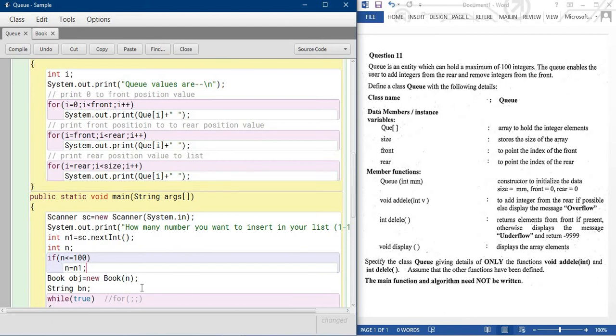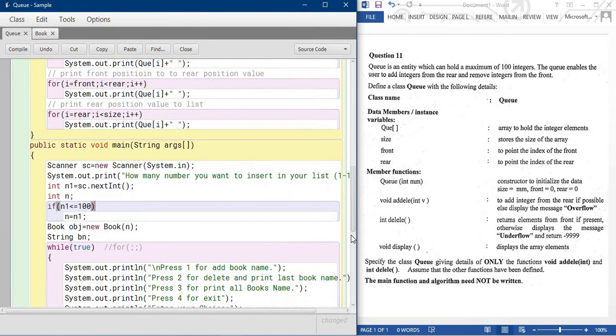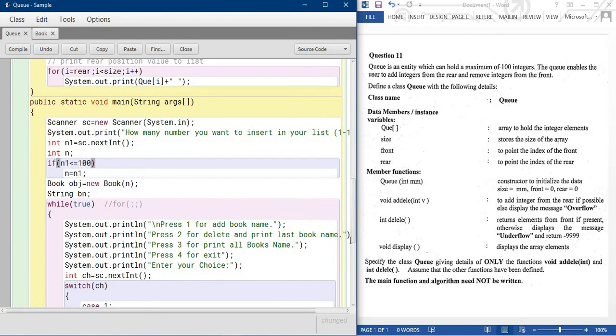Then you do the calculation. Otherwise you can redirect the entire thing. Don't do anything else. Now if the calculation is done, n might be initialized, so use the n, no problem.